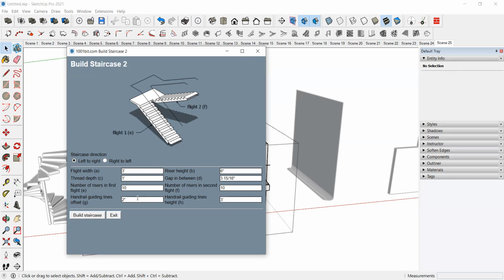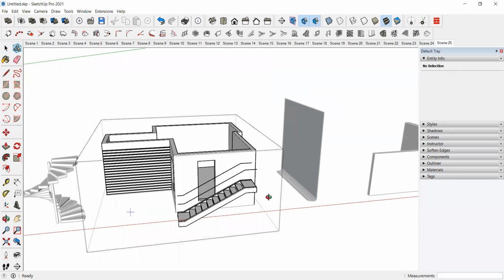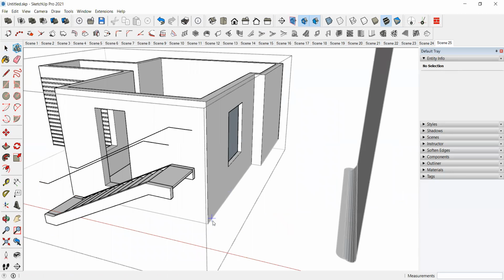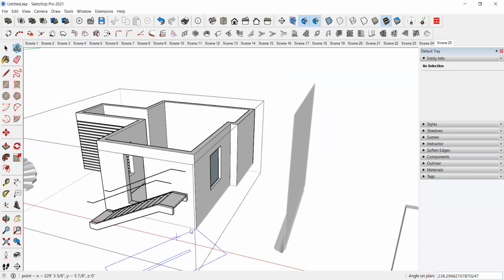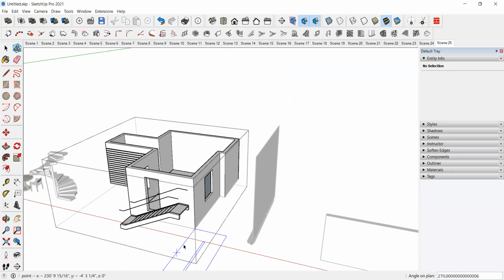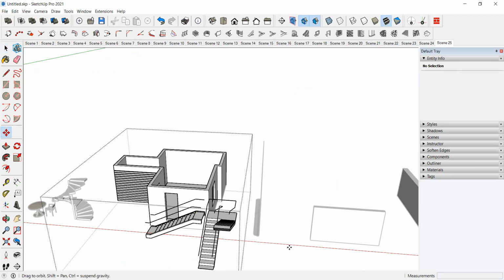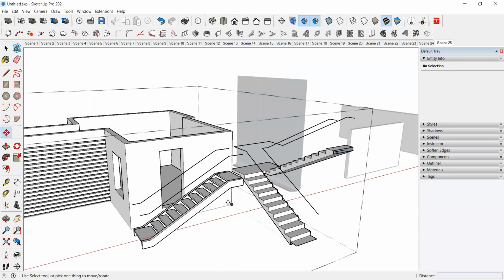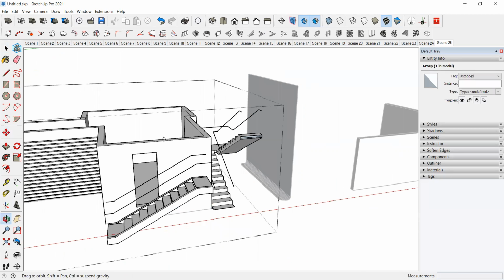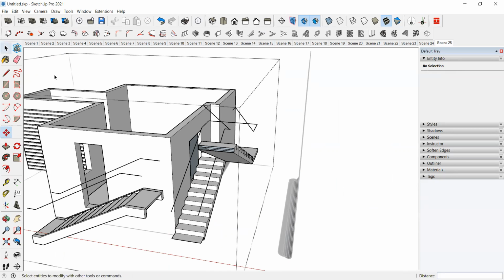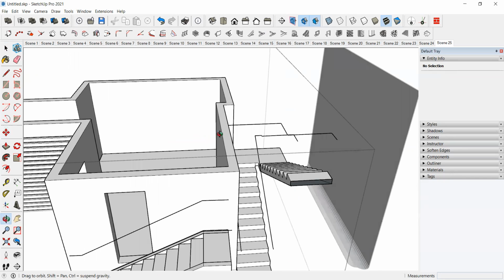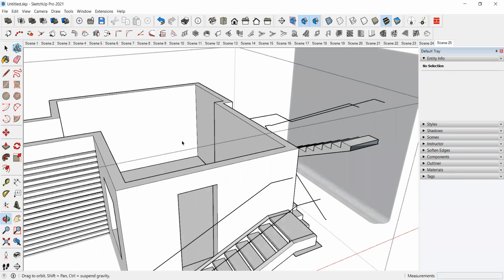So what we gave there, same it will come. And build staircase. So in it, which direction we give, that direction it will place. Okay, like this, it will create staircase automatically.